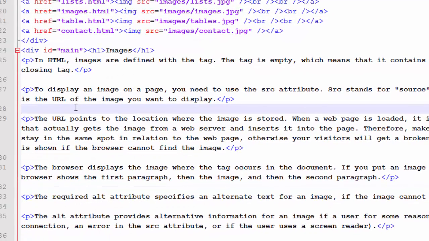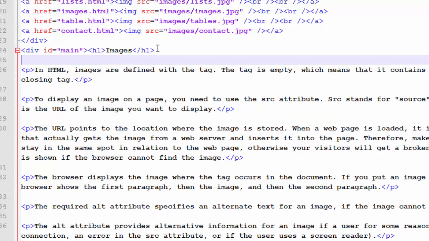So the first image I'm going to put in is at the very top, and it's going to be the Facebook image. I'm going to put it directly underneath the heading and the first paragraph. So I'll go on to the next line, and I'm going to put it in. I'm going to open up with img, which is the tag for image. Then I'm going to put the source in, src is equal to, opening this up, and again it's the images folder / and the actual file in there is called